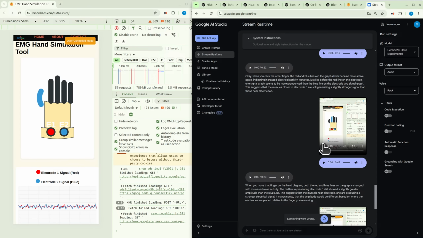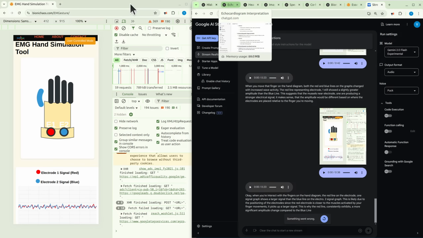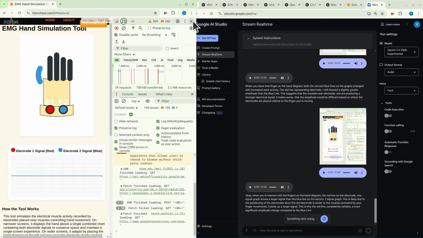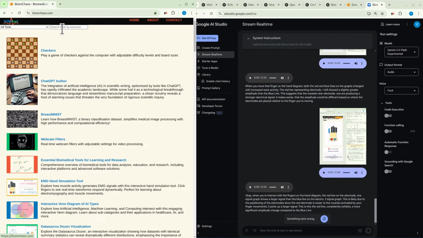So you can actually replay everything it recorded on your screen, which is nice. Not sure if it's actually being stored somewhere. But yeah, the logic is almost there, but it sometimes gets confused with things.